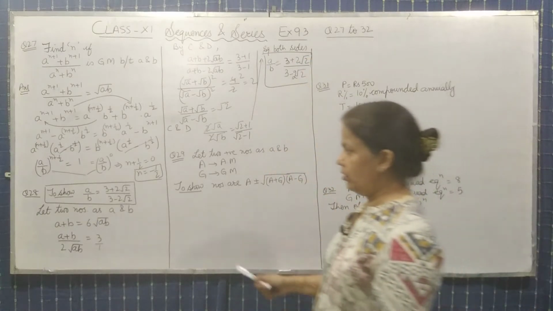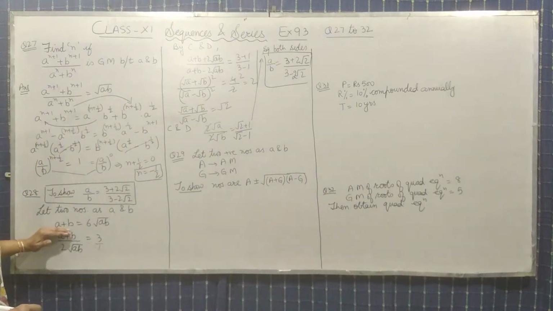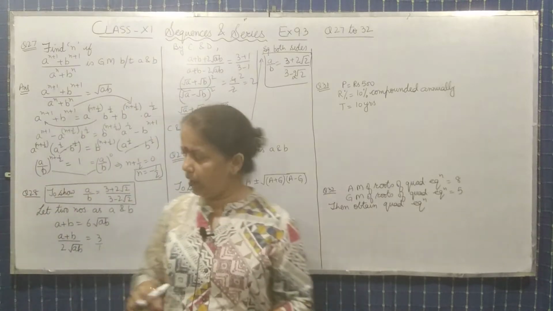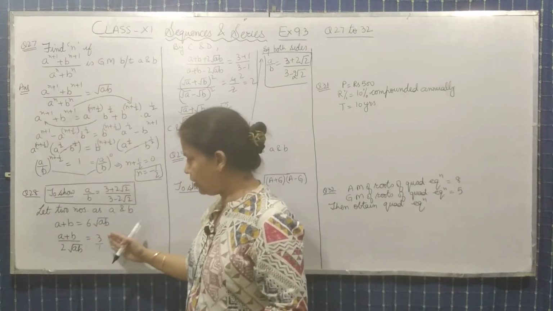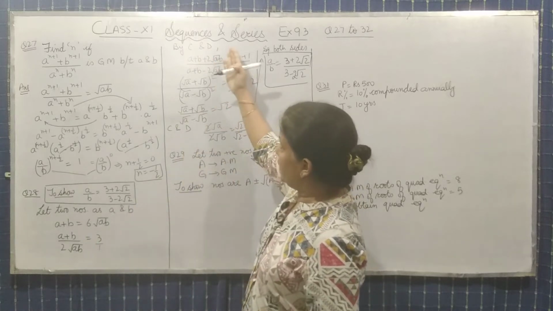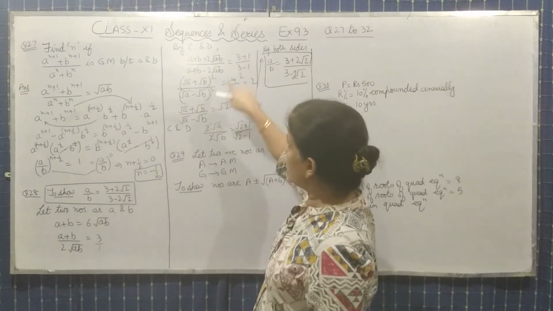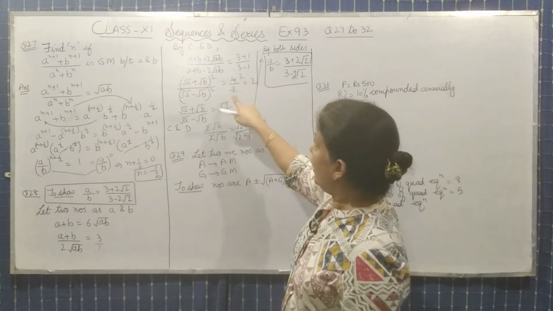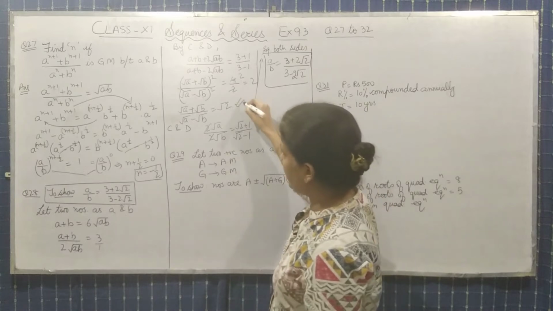So once again what you will do, sum of this is 6 times the geometric mean is given. So we will rearrange the term. We will take 2 root ab in the denominator and 3 we will keep it over here. Okay, now we will use the C and D formula. This plus this and minus on both sides. Take it in the perfect square form, you will get this result. Now taking square root on both sides, so you will get this part.